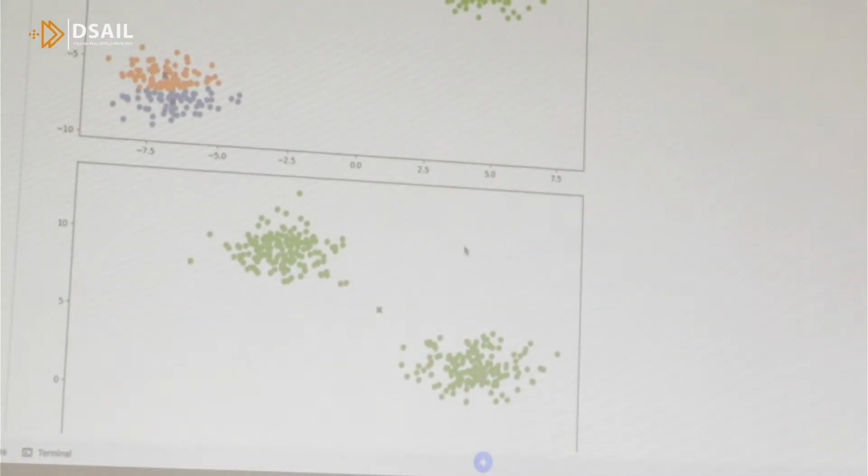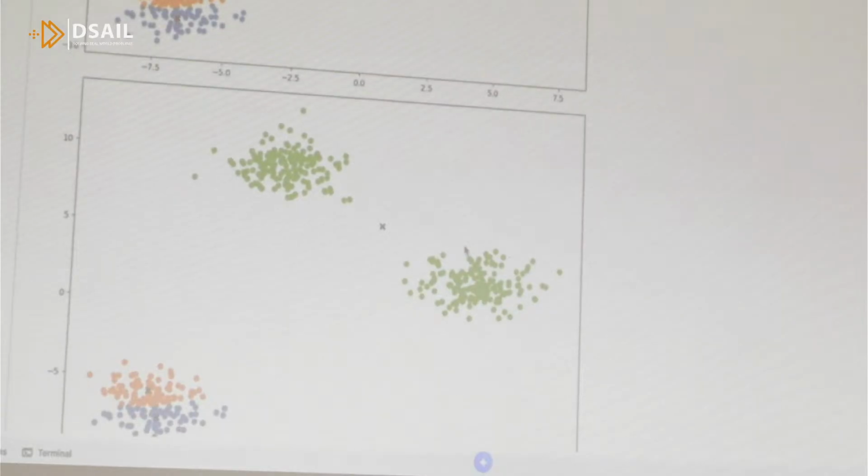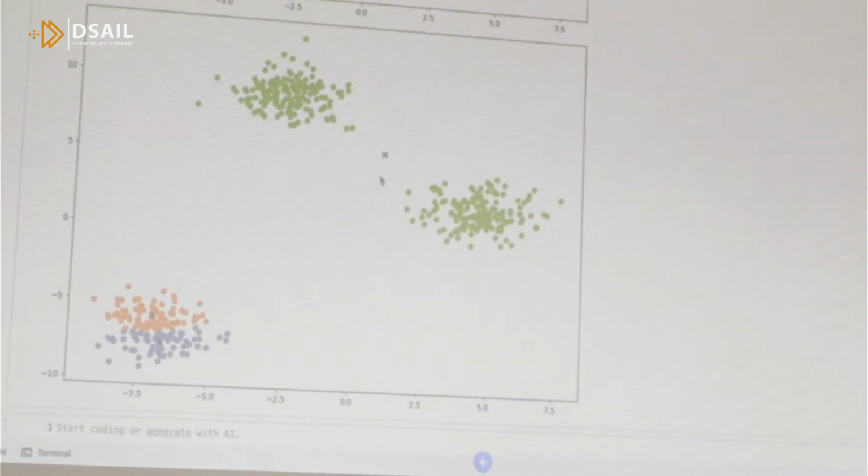changes in the centroids. So you end up having this as one cluster, and then